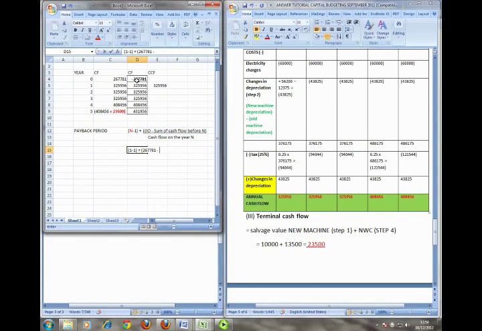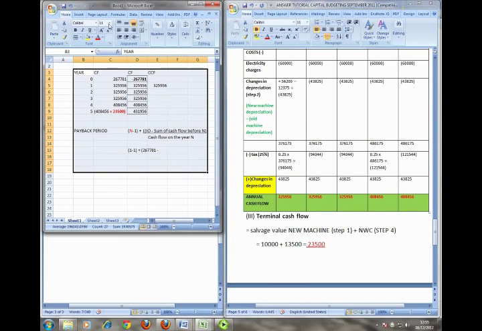267,781. Class, please don't forget, the negative sign must be ignored when you want to substitute in the formula. Please don't use the negative in the formula. You can ignore the negative sign. The negative sign in this table actually represents your outflow. So when you want to calculate, please ignore the negative sign. Alright, 267,781, you will minus it with